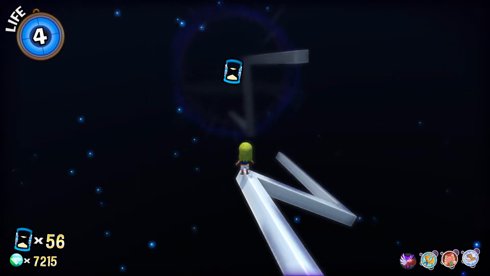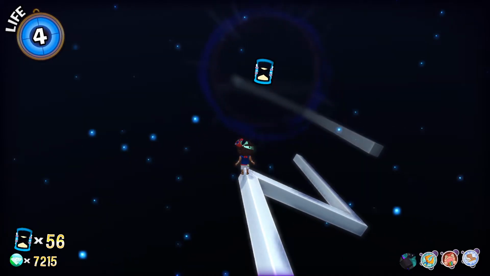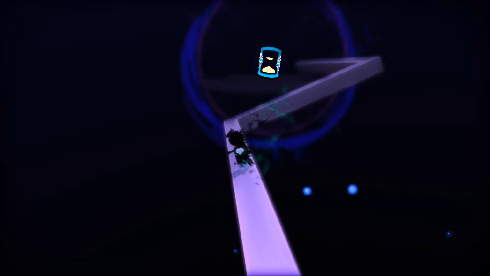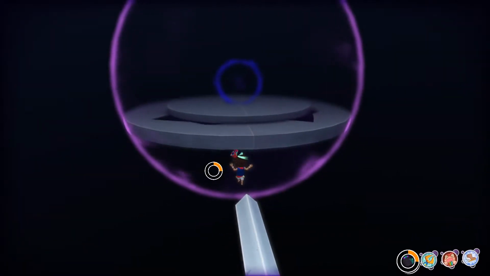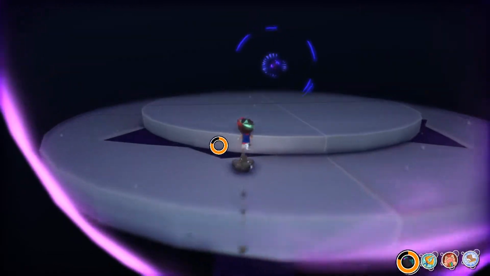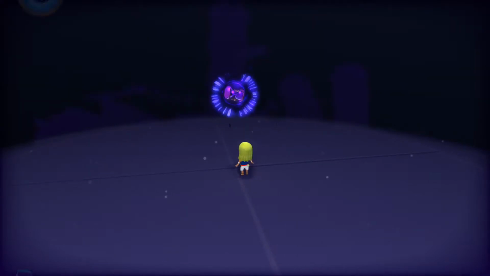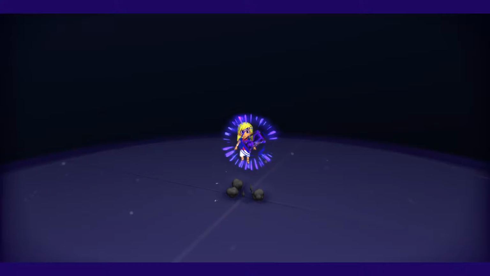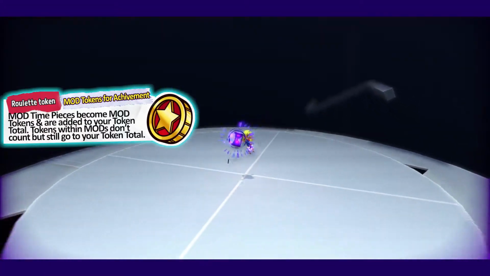So this does not look pleasant. Let's get the time stop out. Gonna stop time now, so I can run alongside this. That works out well. There we go, nailed it. Okay. And I still have full health. Right? I still have full health. I haven't even changed my badges either. Let's go grab that. There's nothing else in this level. We have beaten the darkness. And now...